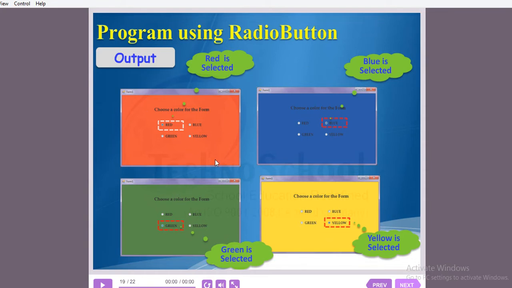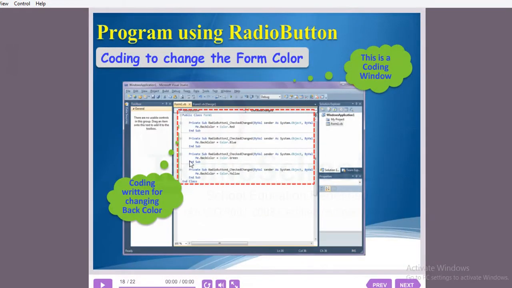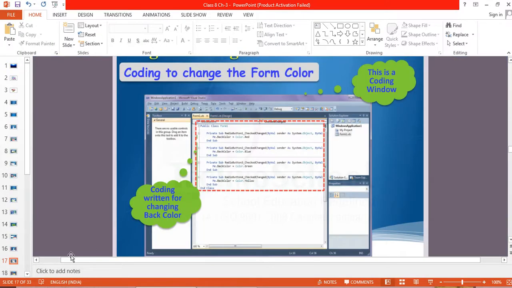So like this, we will design the form with a label and radio buttons. After the designing part, we click on red like this, and it takes us to the coding part, and there we code like this for changing the back color. Now we'll have a demo section.